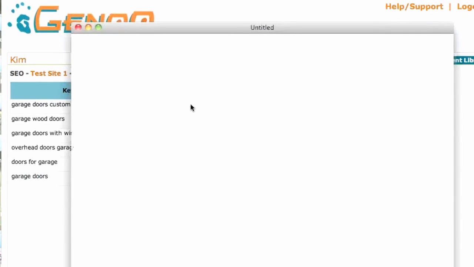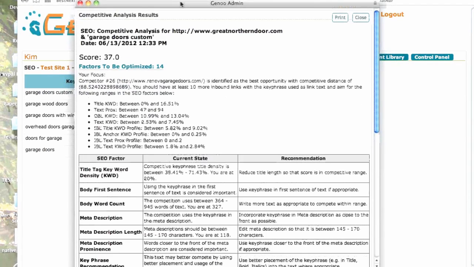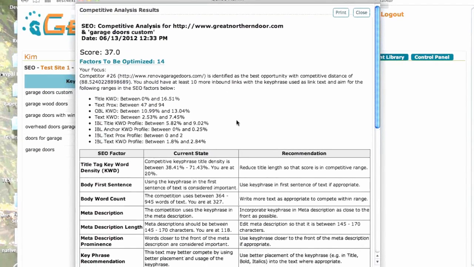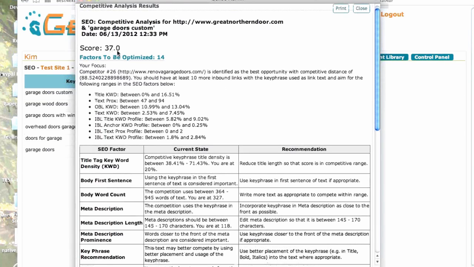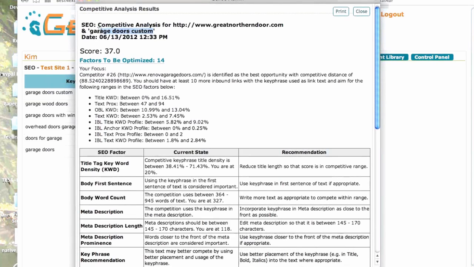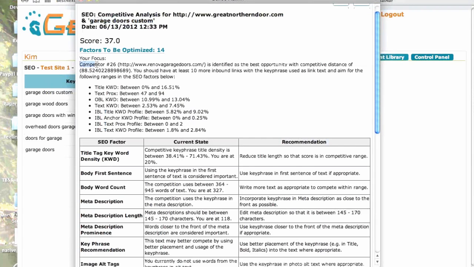So when I look at an SEO score, this one ranks as 37. Here we have a site, where garage doors custom is the key phrase, and we're telling you, okay, you're closest competitively to number 26 in the rankings, and what URL that is. We tell you how competitively close you are, and then you should have at least 10 more inbound links that follow these parameters. And then we also have definitions, and we can teach you exactly what those parameters are,